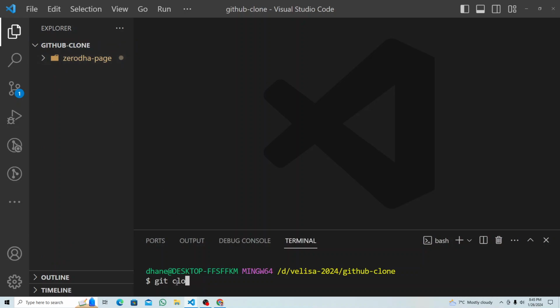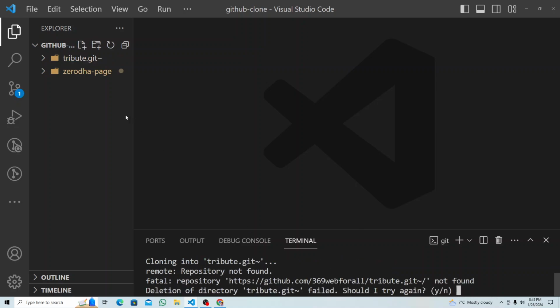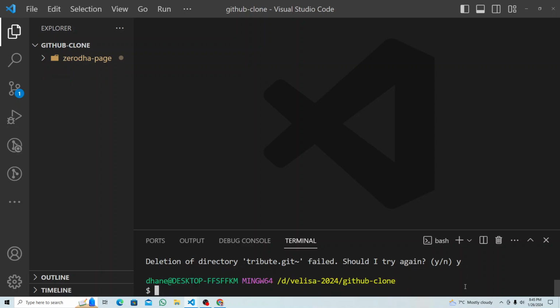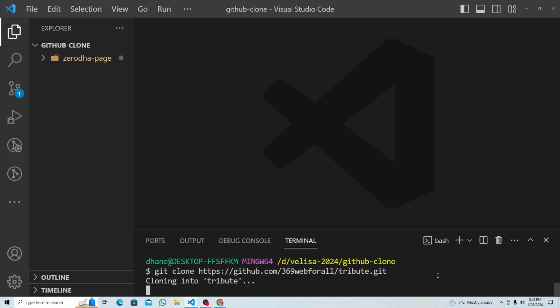So git clone, and so I just added tribute tribute.git. Something is not correct, guys. So yes, delete that. Okay, so let me try again. Git clone. I don't know why I'm getting this. Enter. Okay, so we got this